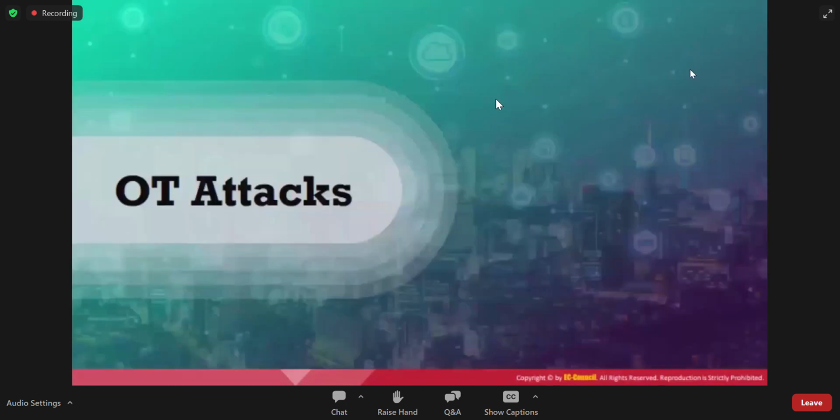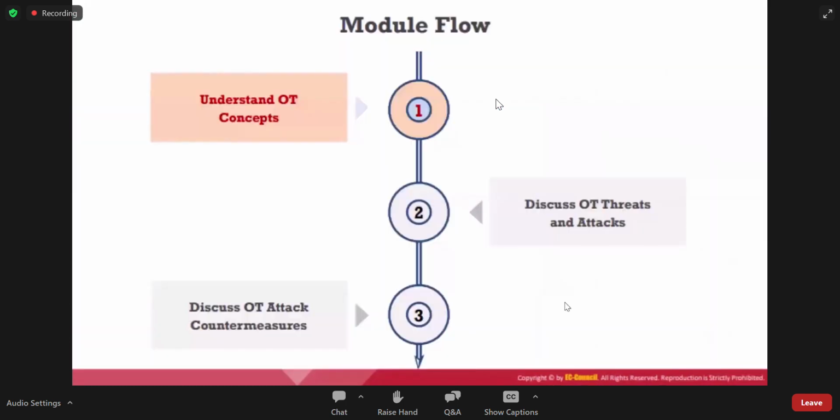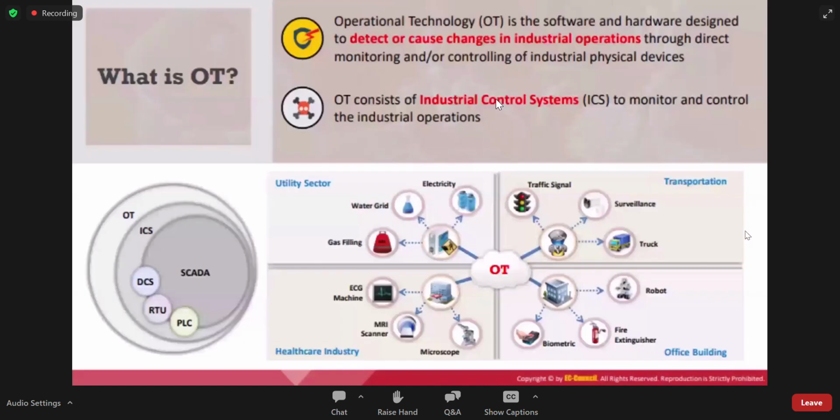Now we go with the OT concepts. Operational technology, or OT, is the software and hardware designed to detect or cause changes in industrial operation through direct monitoring and controlling of industrial physical devices.